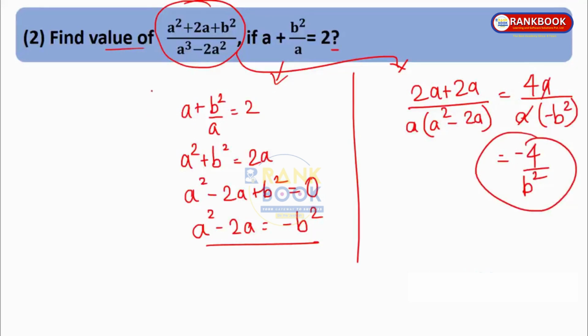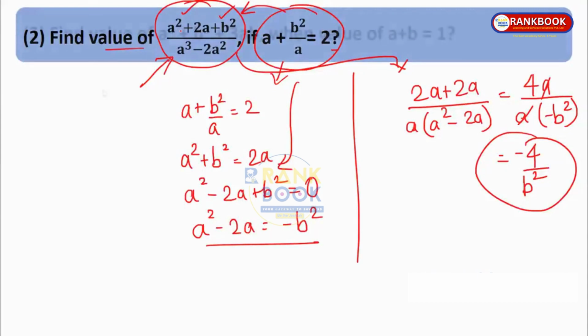See, very easy. Even if it was not in the format which we want, we started solving the equation, we got some values, we tried substituting them and we got the answer. Now whenever you want to find the value of some expression and something is given, always remember that at the end of the day you have to substitute over here. So try to bring this thing into some format like this. Here what we did, we took this and brought it into a square plus b square format. So we were able to replace a square and b square, right?